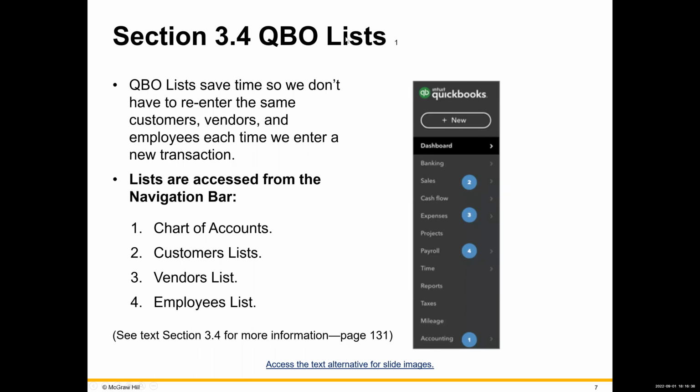Part of that is to develop lists, right? Lists save time so we don't have to re-enter the same customers, vendors, and employees each time we enter a new transaction. So let's say that we always pay a PG&E bill. Well, we're going to put PG&E in the vendor list. So when we pay that bill, we can use a down arrow to choose PG&E, and all the information will